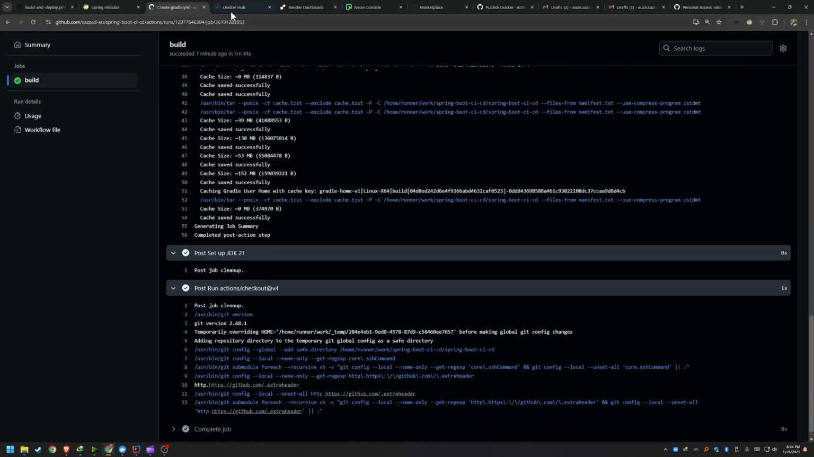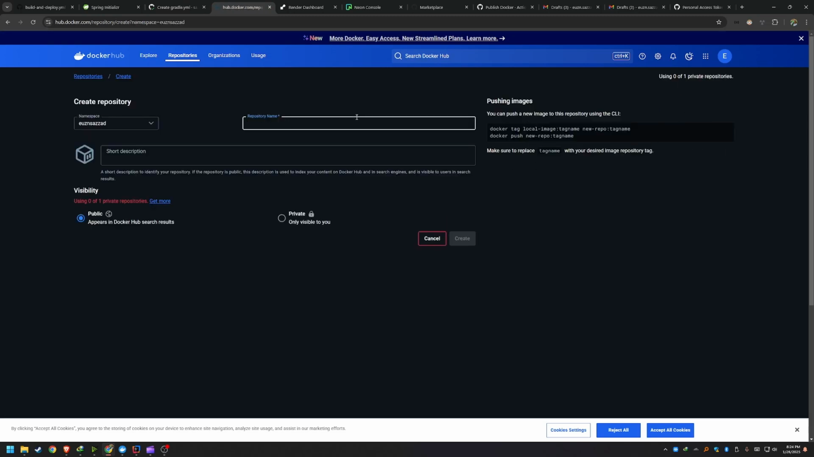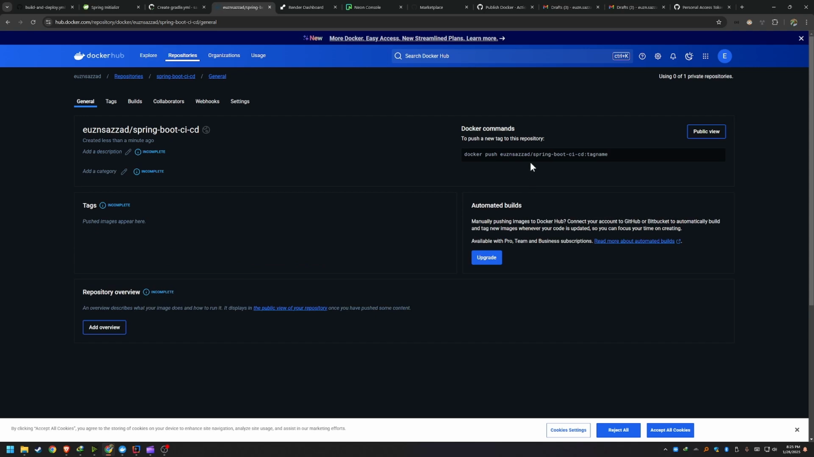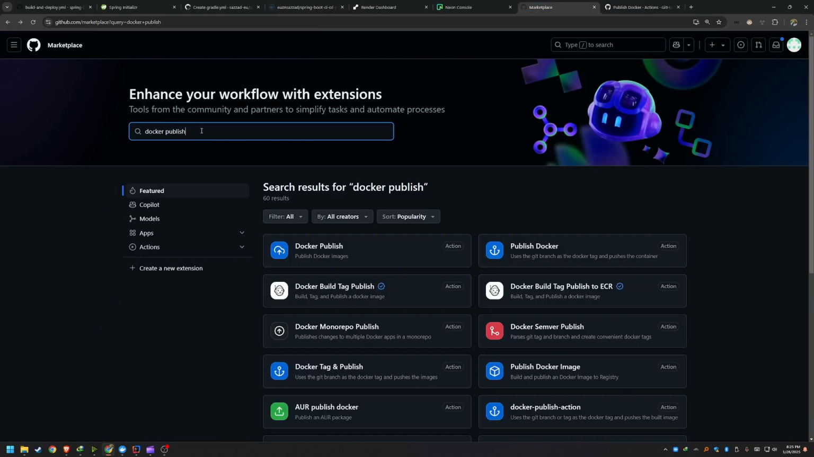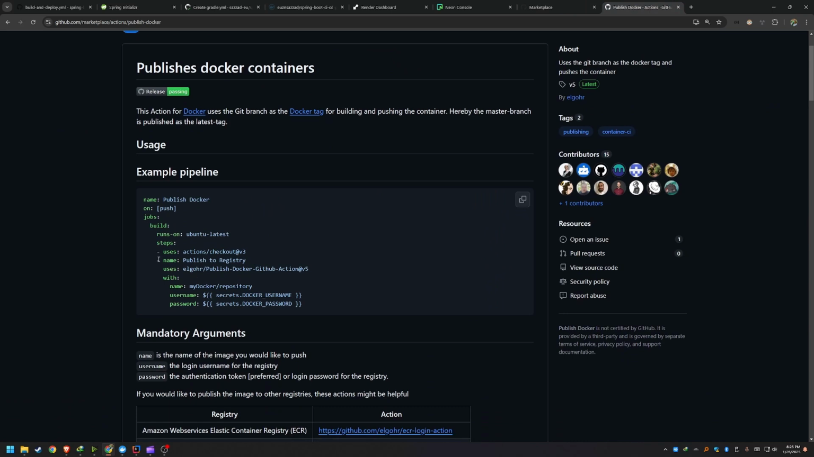Now to upload it to Docker Hub, first let's go to Docker Hub, create a repository, give it a name, and we're going to add this into a new GitHub action or steps. For that, first we need to go to GitHub Marketplace, search for Docker Publish, and from here we're going to select this one, Publish Docker, get this step,